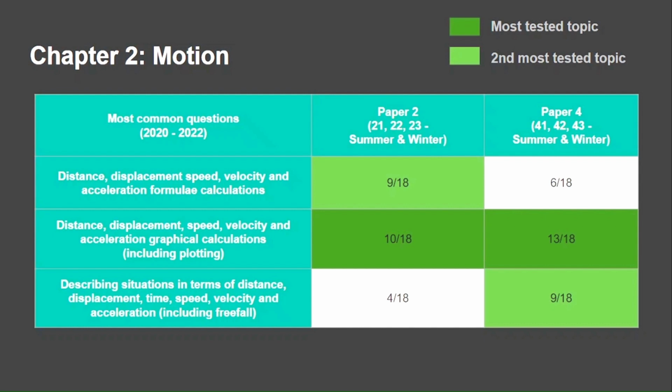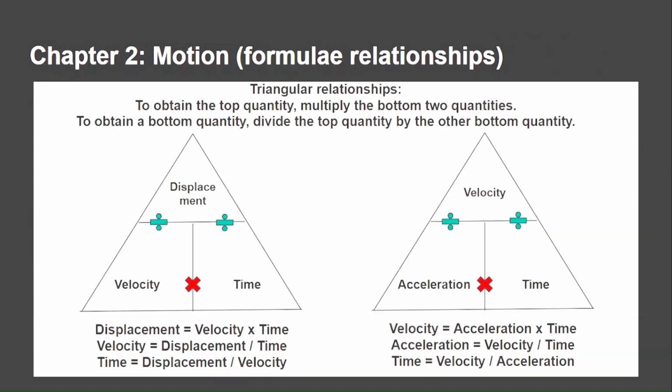So I have to say, within these concepts itself, the graph-based questions are the most common in both paper 2 and paper 4, with the second most common type of question in paper 2 being the formulae-based calculations, whereas in paper 4, I think the second most common type of question revolves around describing scenarios where these different quantities change. Okay, so without further ado, if we look at the formula relationships,